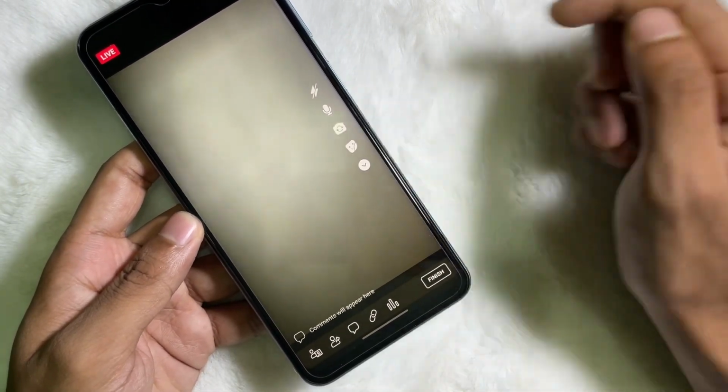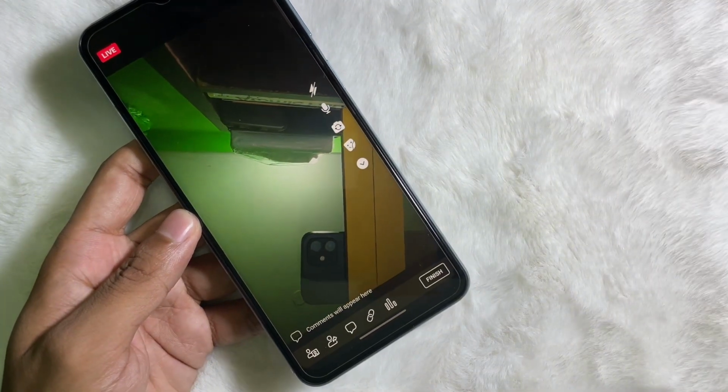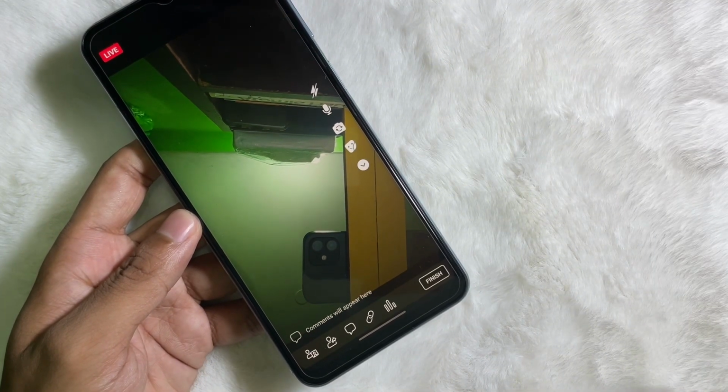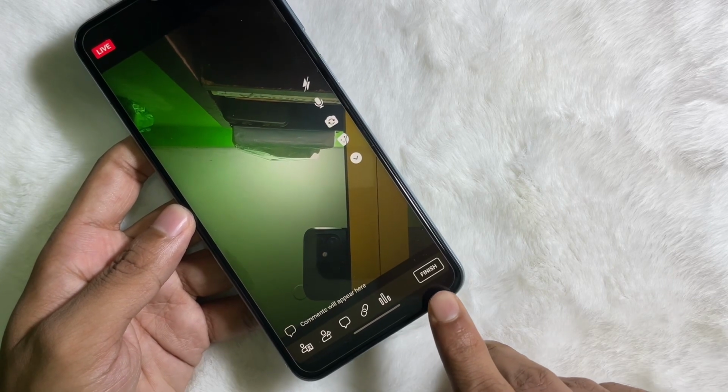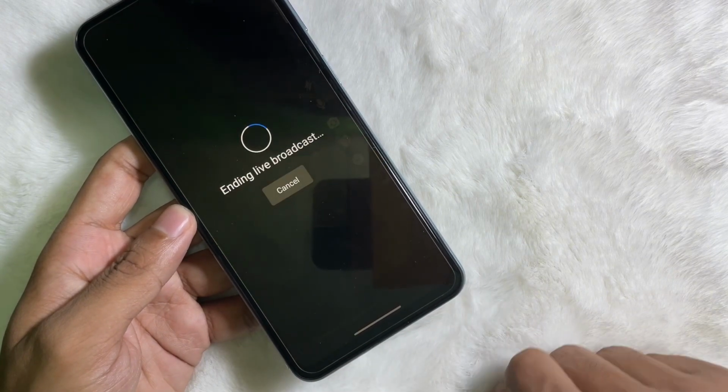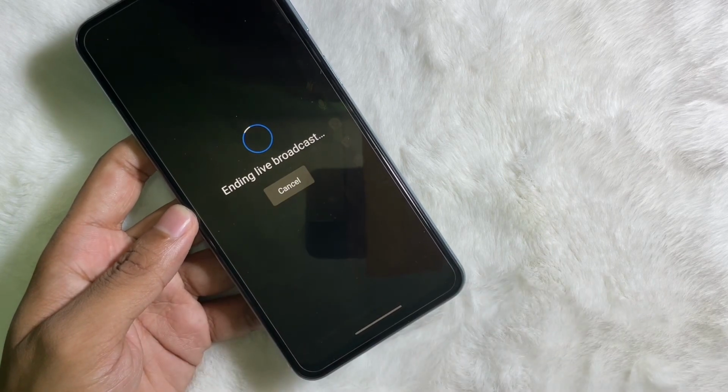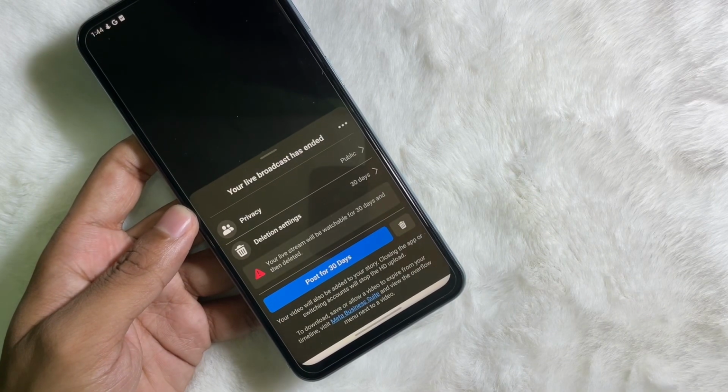then tap on here, and here you can see that my camera has been changed. And when your live is over on Facebook, then tap on finish button at the lower right side. Tap on here, and here you can see that ending live broadcast, and after that you will get interface like